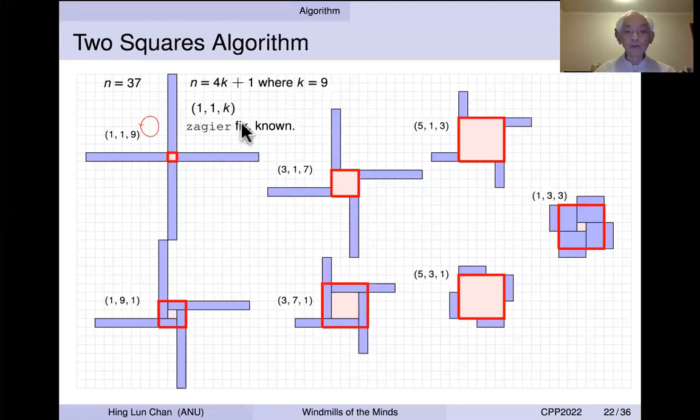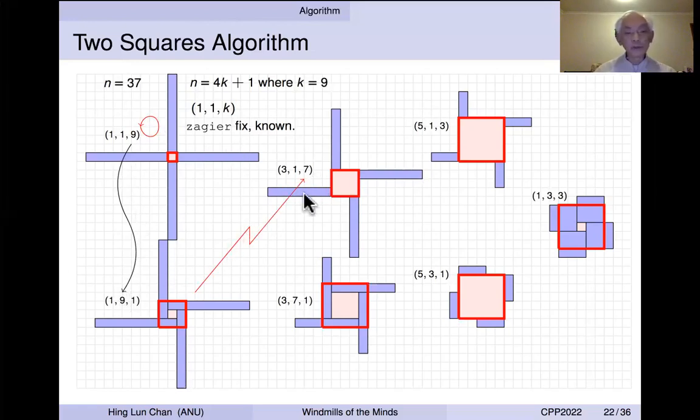We start with the known Zagier fixed point, which is this one, the one where the middle equals the central square. There are only two things we can play with: one is Zagier and one is flip. This is Zagier fixed, so there's no point in doing Zagier once again, and so we flip it to a new windmill. And once we flip it, there's no point in flipping it back. So we use the Zagier map also to go to another new windmill.